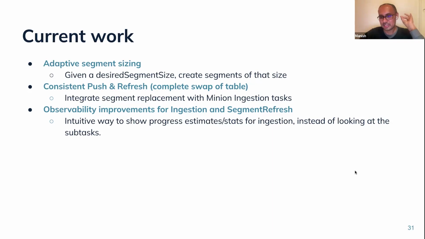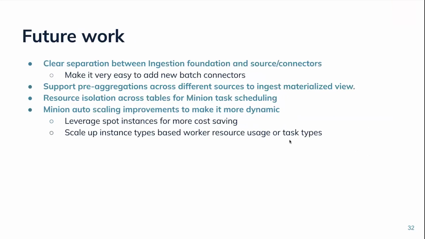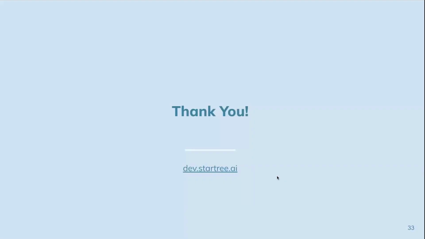So I'll go to the next, Robert's question: if I increase the flush threshold in my table, will segment refresh know to merge and partition? This is a StarTree extension. Maybe Robert, could you give me more context on this? You were saying that the segment refresh task is able to merge and split segments based off of the table config, right? Yeah.